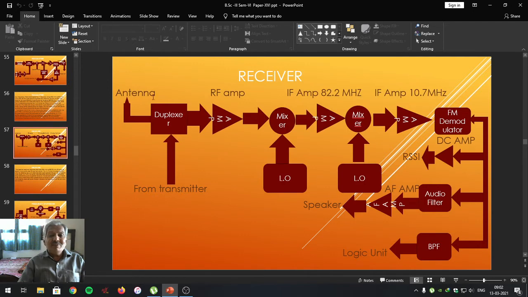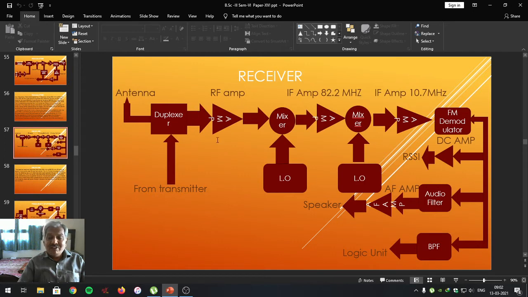The output of duplexer from the receiving antenna is given to the RF amplifier. As the signal received by the receiving antenna is very weak, it is amplified by the amplifier. We also studied the RF amplifiers in practical, which was started just now, but due to some COVID problems, we have to stop that. There we have included one of the amplifiers as RF amplifier and the second amplifier is IF amplifier.